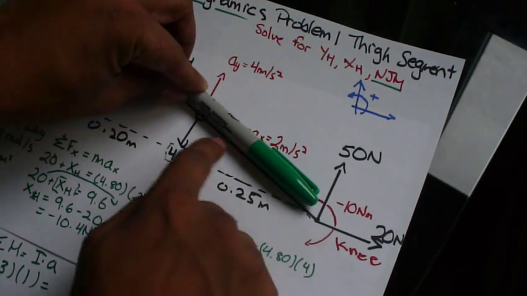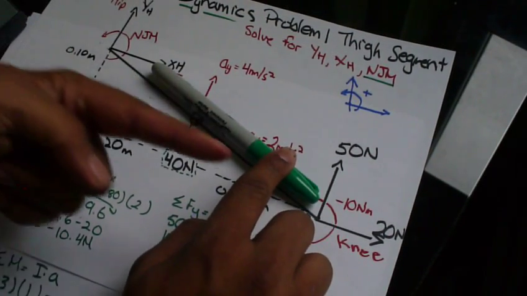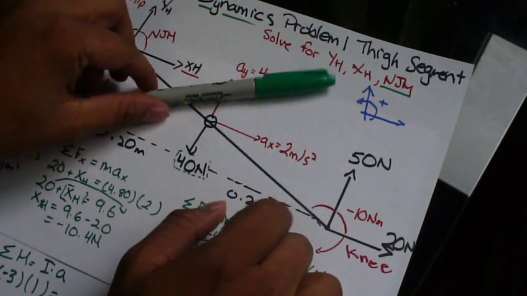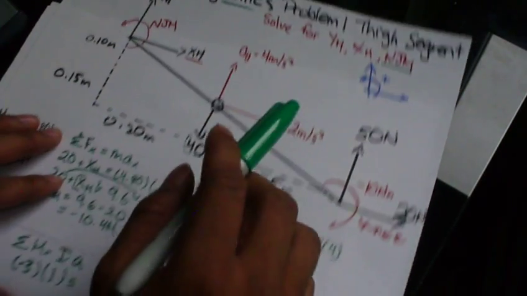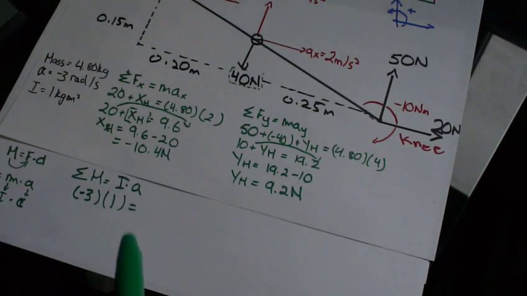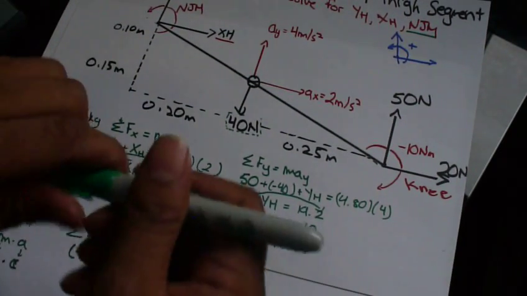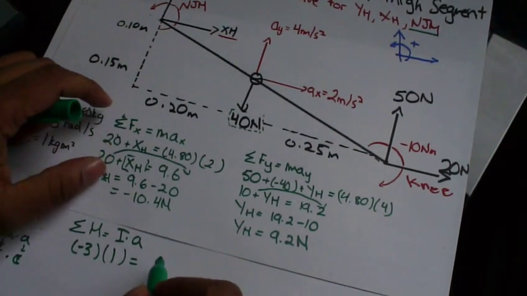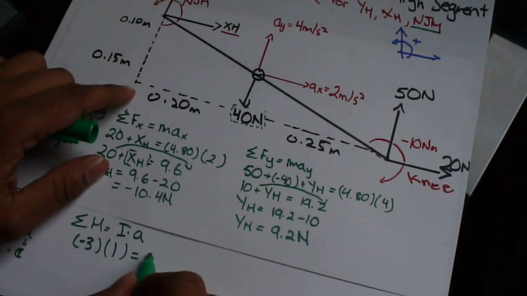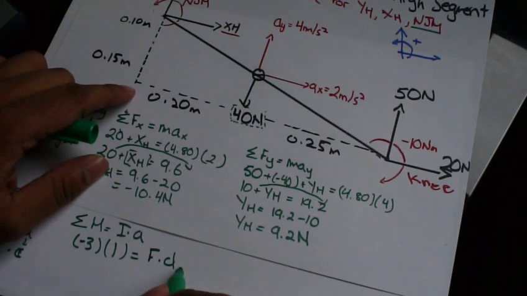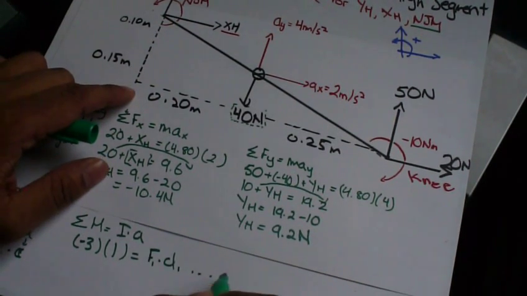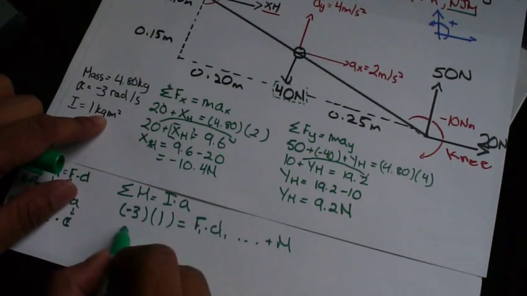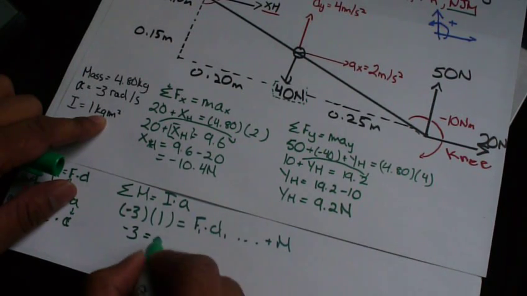If the segment's like this and you're pushing on it this way, it's also creating a positive moment, right? So we'll take it one step at a time, and we'll take into account the 50 that was given to us. So the force multiplied by distance, force 1 dot, and so on, plus the moments given to us, the actual moments, right? So -3 is equal to, so we'll do 50 first,